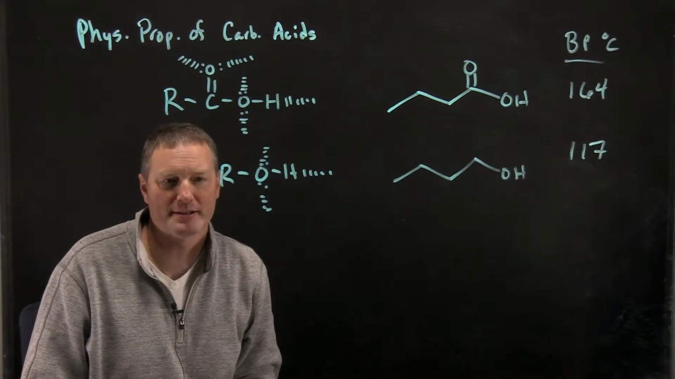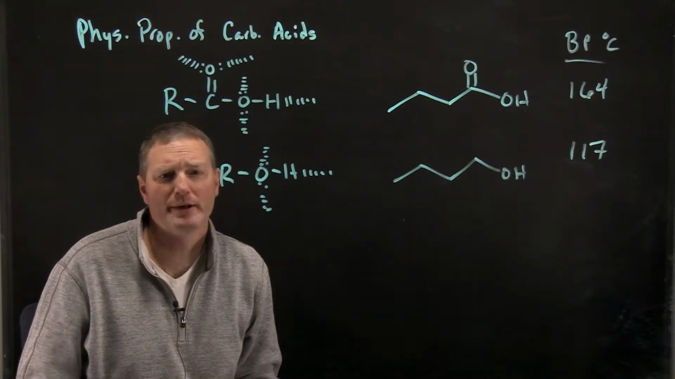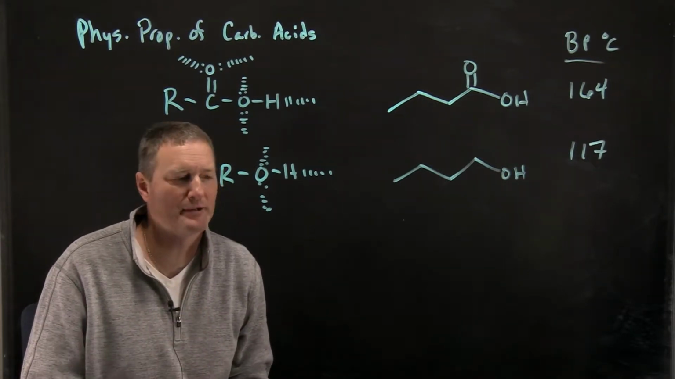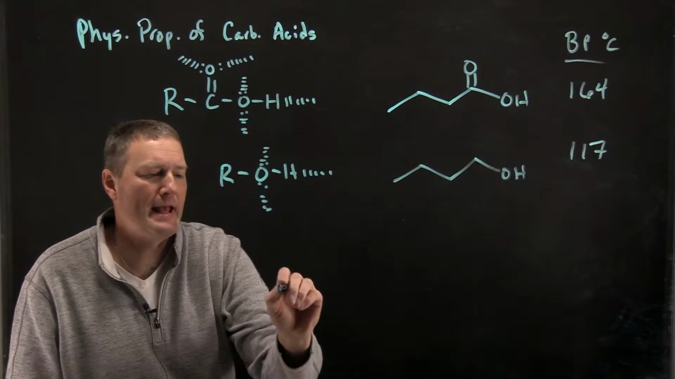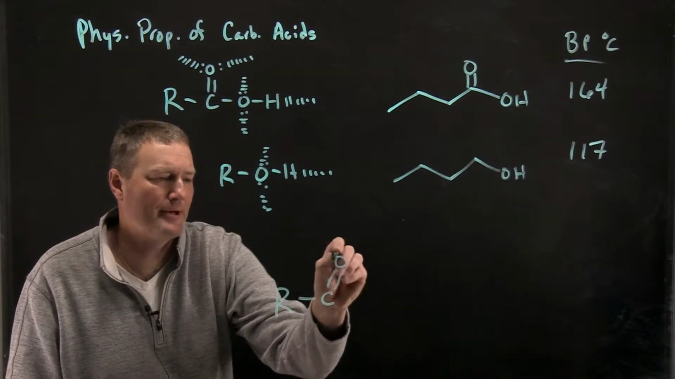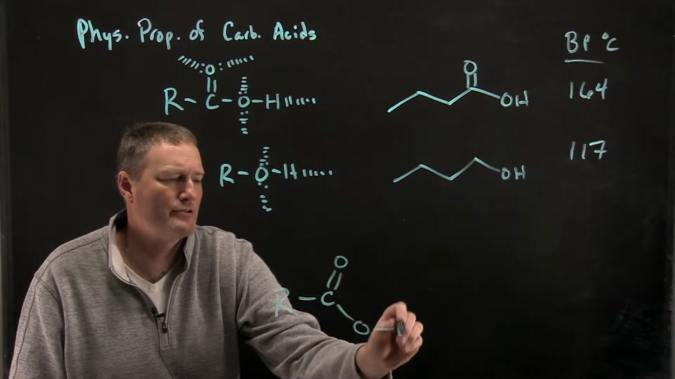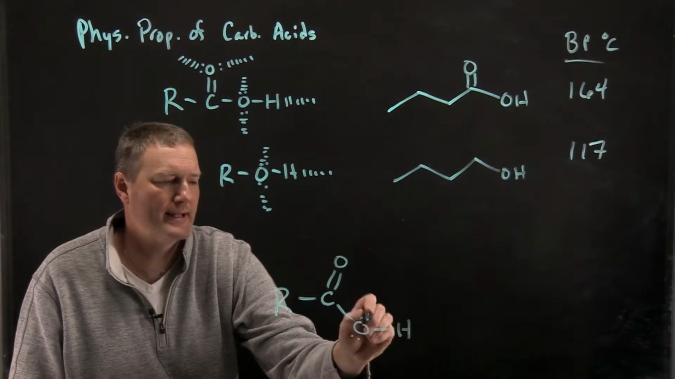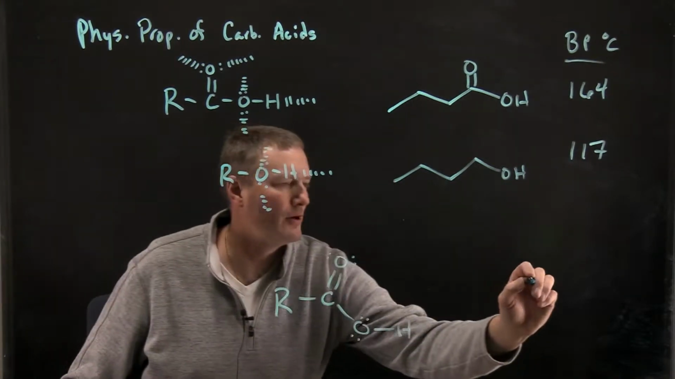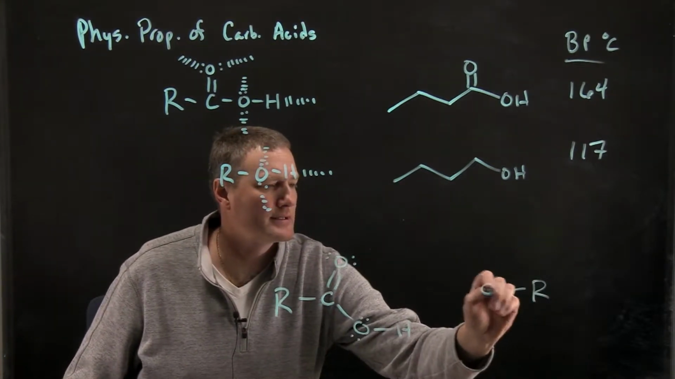So the presence of both the OH and the carbonyl significantly increases the polarity and also the hydrogen bonding ability of carboxylic acids. There's also another interesting thing that carboxylic acids can do that helps explain why their boiling points and melting points are so high, and that's what's called a hydrogen bonding dimer. So if I were to draw out one carboxylic acid like this, and then draw another one over here like this,